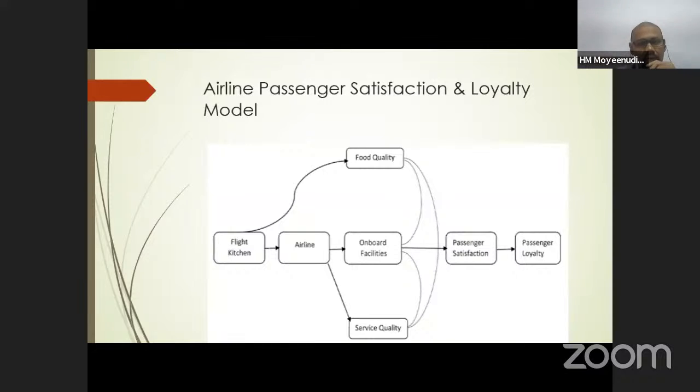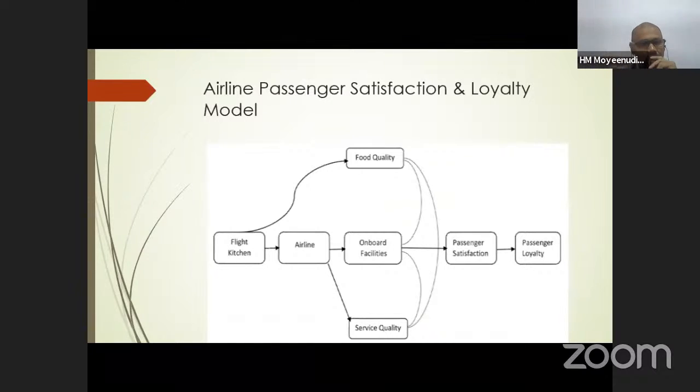We have prepared one model for the satisfaction of airline passengers, as the food is prepared on a contract basis from a flight kitchen which is outside the airport. Once the food is prepared and packed from the flight catering kitchen, it is sent to the airline, and then it is boarded into the airline, and only then it goes to the passenger. So here the main thing is satisfaction comes with the quality of the food, which is prepared